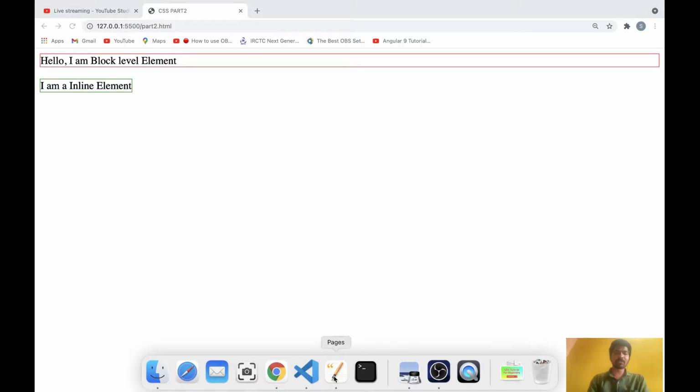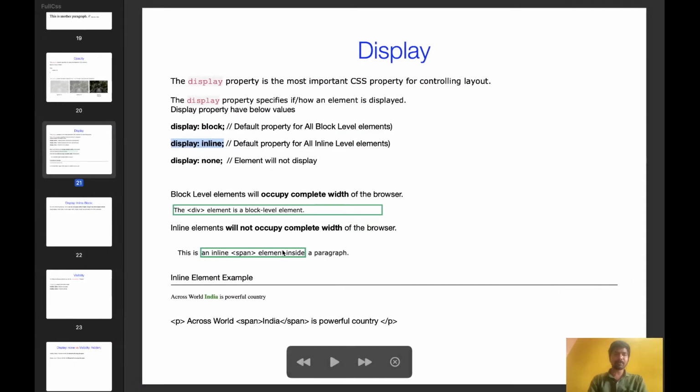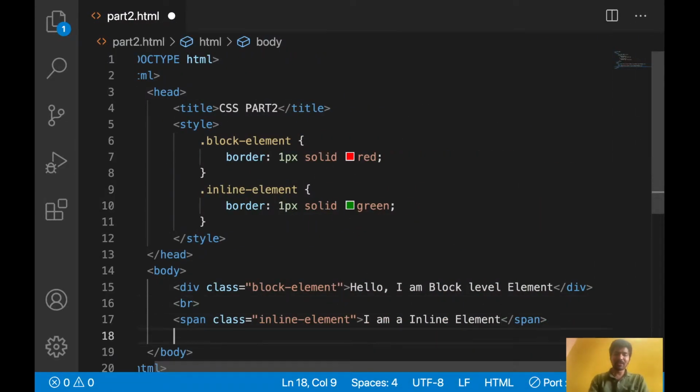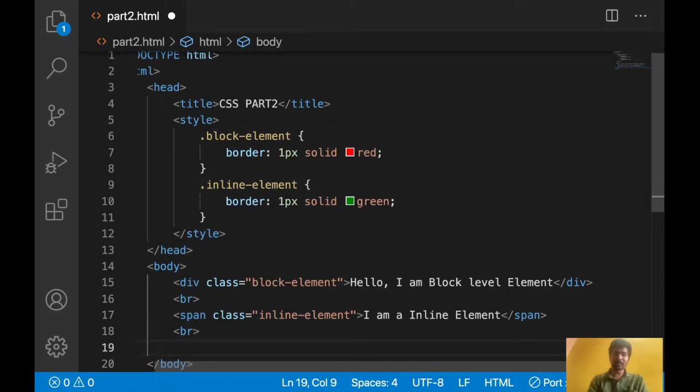One more use of the inline element. Let's say this is the sentence: across world India is powerful country. I want to highlight only the word India, so at that time we can use the inline element inside this element. If I want to highlight a particular word inside a block level element, let's use some break for giving space.